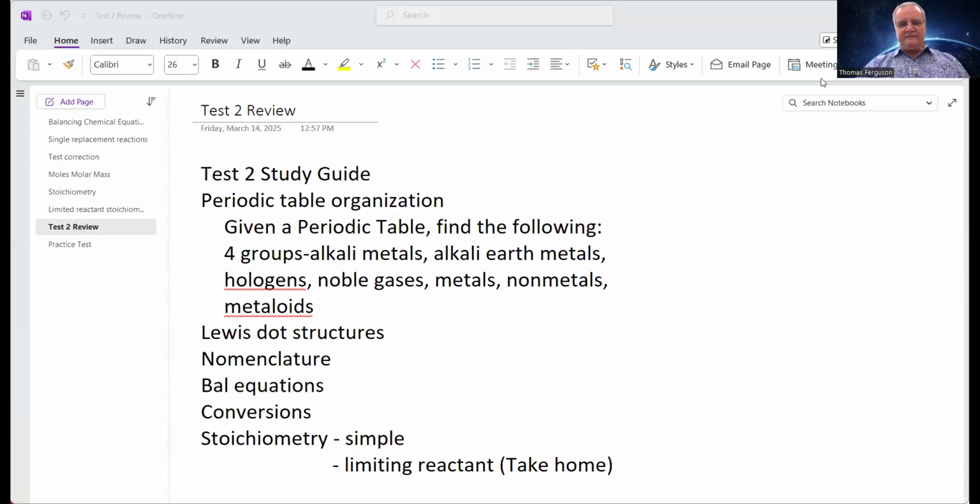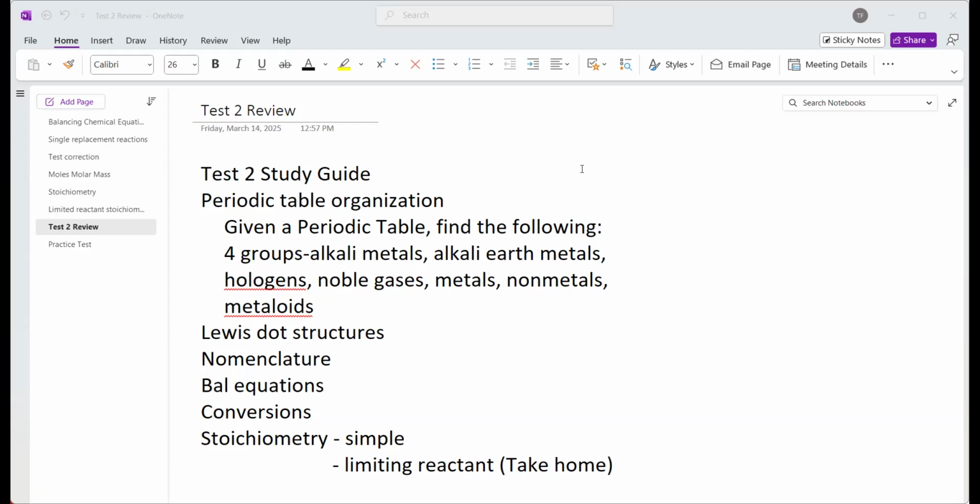Okay, this is a study guide for test 2. I should probably do this on Wednesday, but anyway. I'm going to give you a periodic table for two reasons. One, so you can do molar mass, and secondly, so you can identify certain places on the periodic table that I told you to know. One is the four groups: the alkali metals, the alkali earth metals, halogens, noble gases, Lewis dot structures,